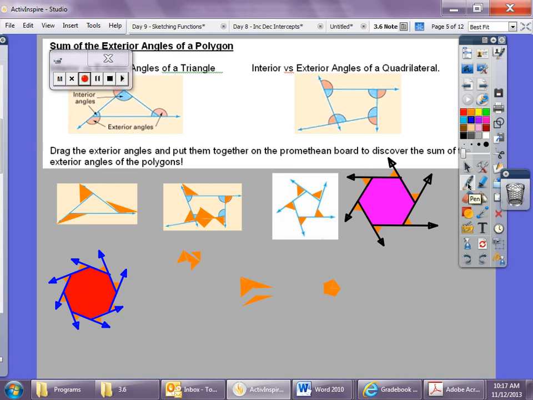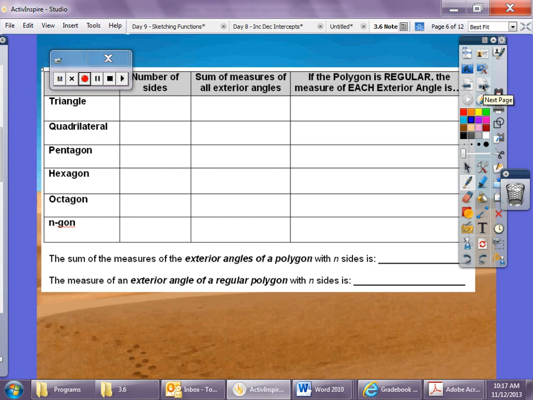What we need to know is that the sum of the measures of all exterior angles is always 360 degrees. If the polygon is regular, then to find the measure of each exterior angle,